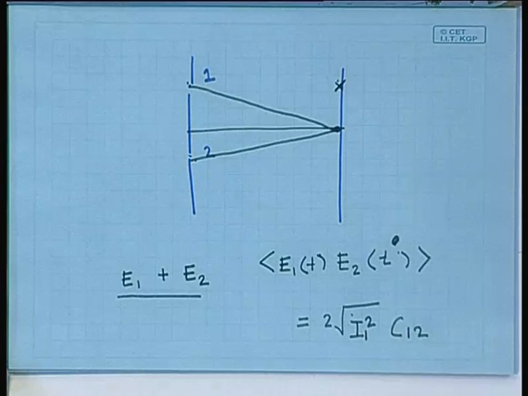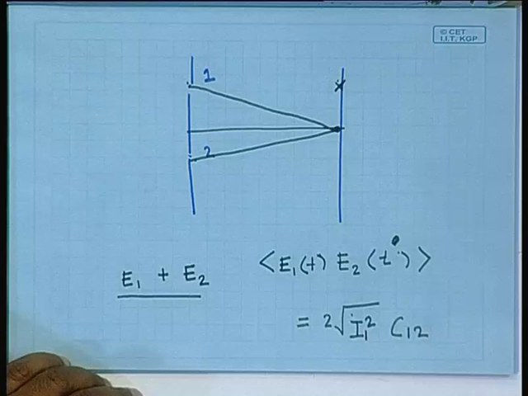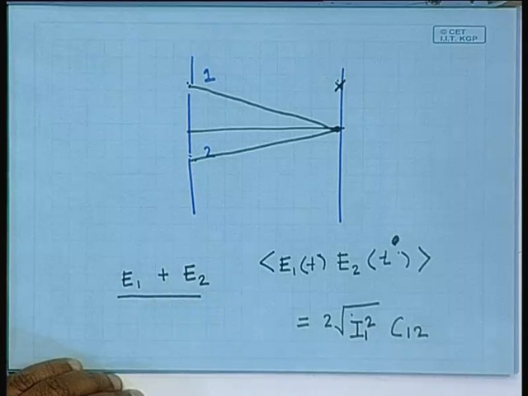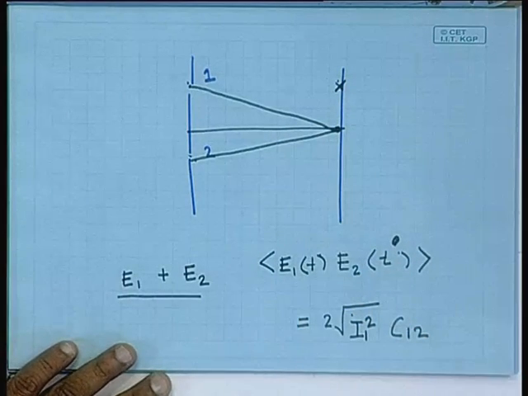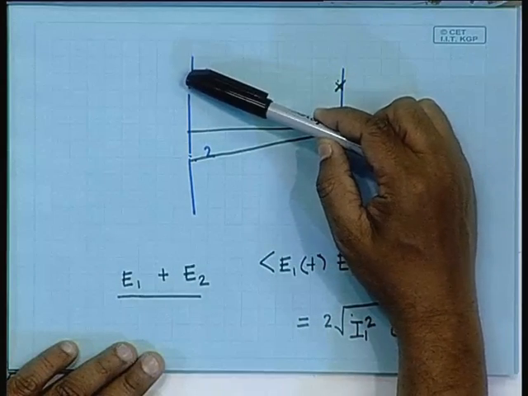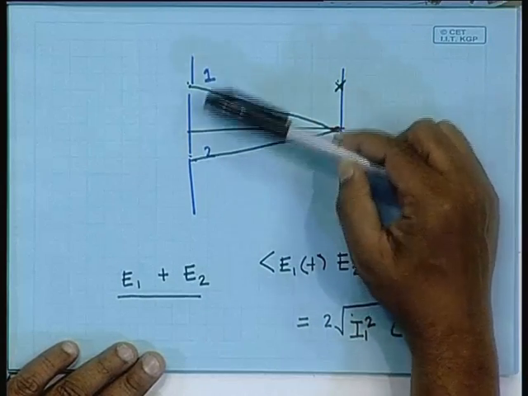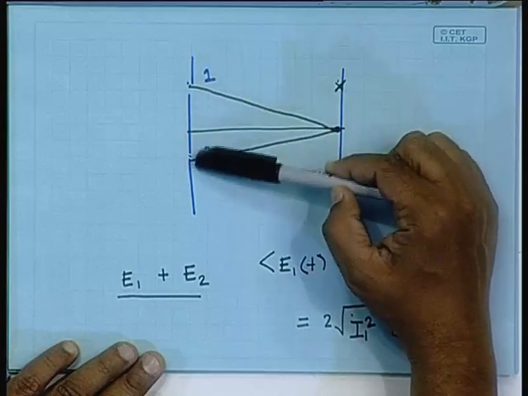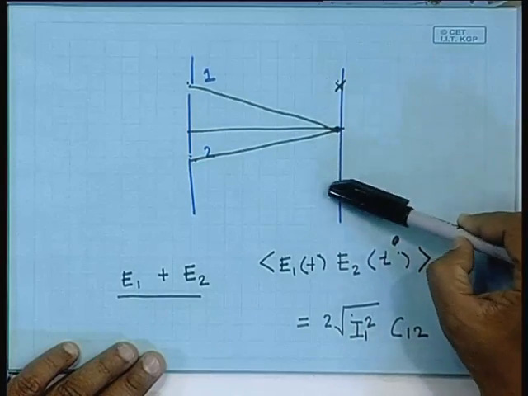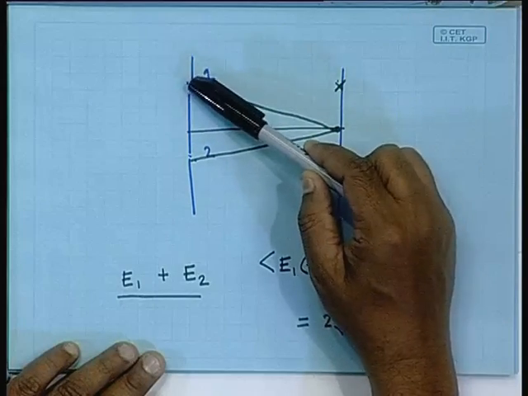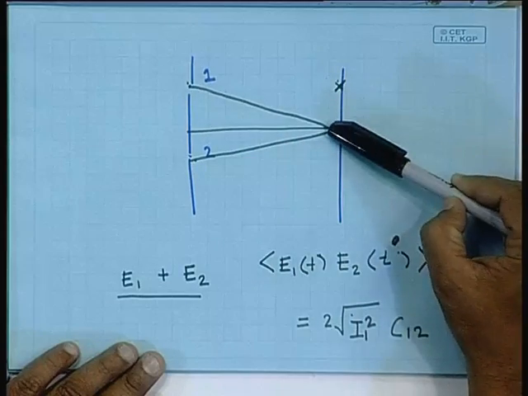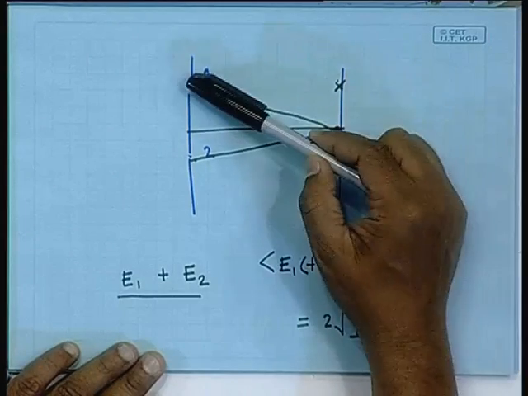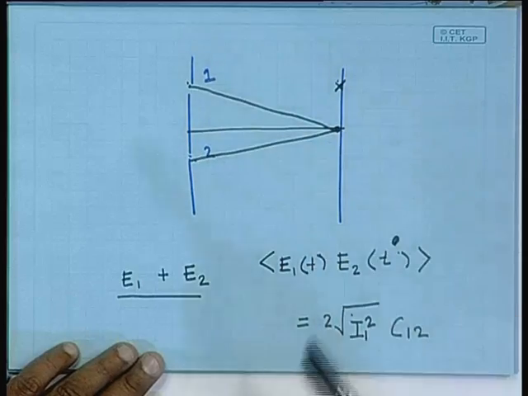So the Young's double slit experiment, through the intensity pattern that you see on the screen, measures the coherence between the wave at this point and this point. Different points on the screen measure this coherence with different time delays. And at the center you essentially measure the coherence between this point and this point with no time delay.